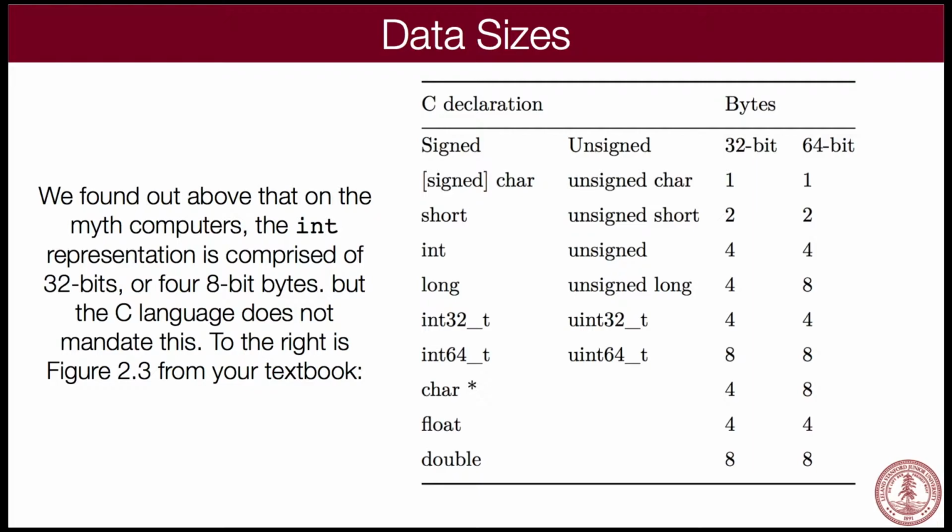32. Each byte is 8 bits, so 4 times 8 is 32. That's how many bits an int is. Okay, we'll get into more details about that later. The other ones that are interesting, longs on 32-bit machines, they were only 4. Now they're 8. So don't worry about the 4 part. Just know that they're 8 bytes long.